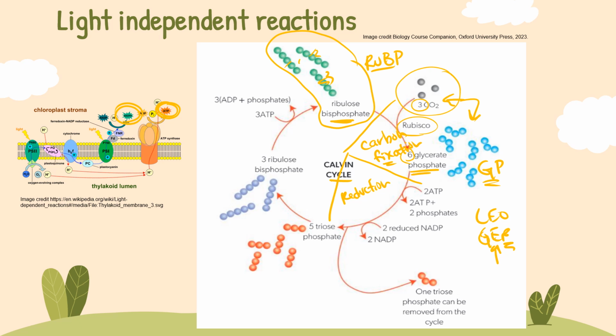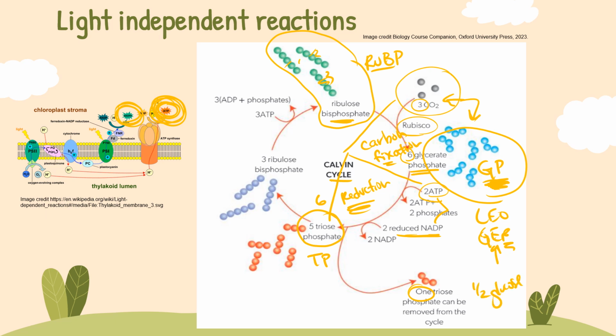So we're going to use some of that ATP that we made over here in the light-dependent reactions, and we're going to use some of that reduced NADP, also called NADPH, also made in the light-dependent reactions. We're going to use that ATP and that reduced NADP to reduce our GP. We're going to gain electrons and protons on this GP, and that's going to turn it into this other molecule called TP, triose phosphate. 6 total are made. One of them is going to exit the cycle, and it is going to become half a glucose molecule. The other 5 are then